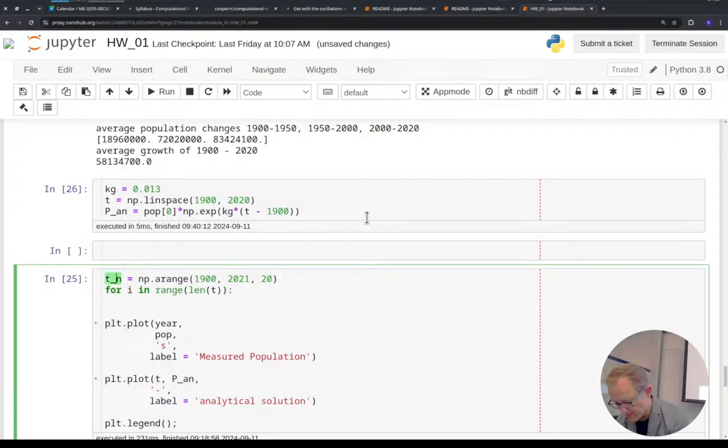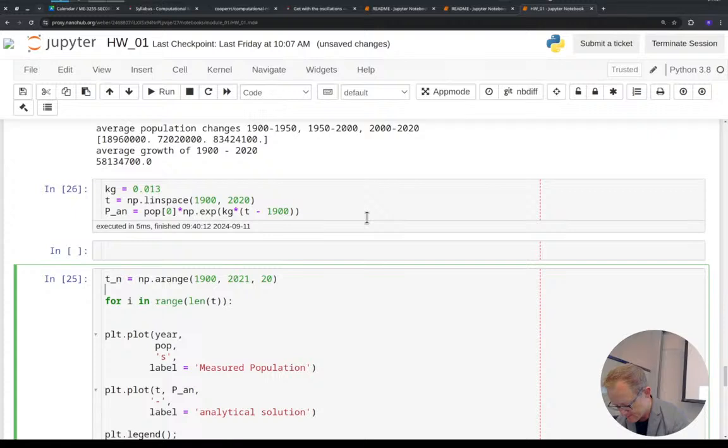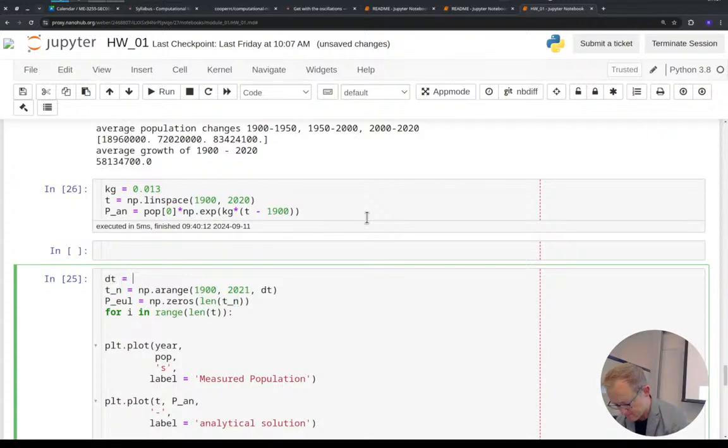And then I do want to have... So I'm going to start at I plus 1, and then it's going to be Euler population of I plus kg times